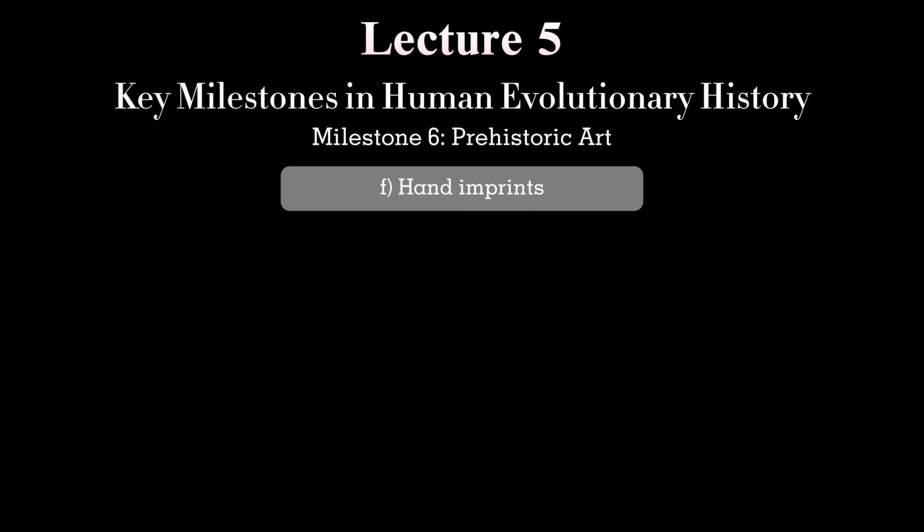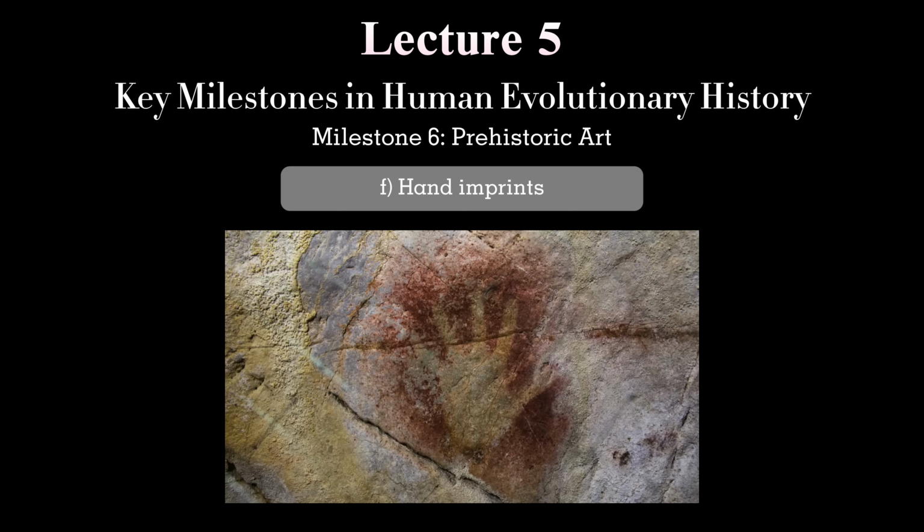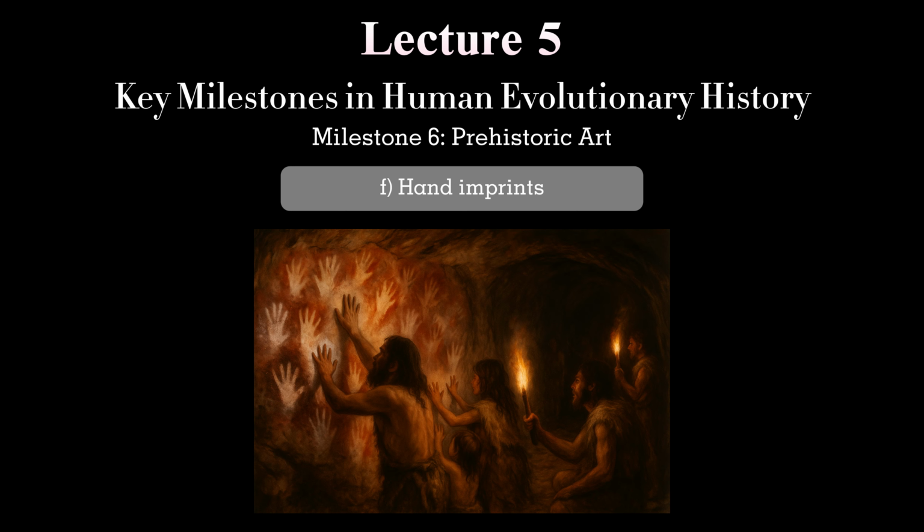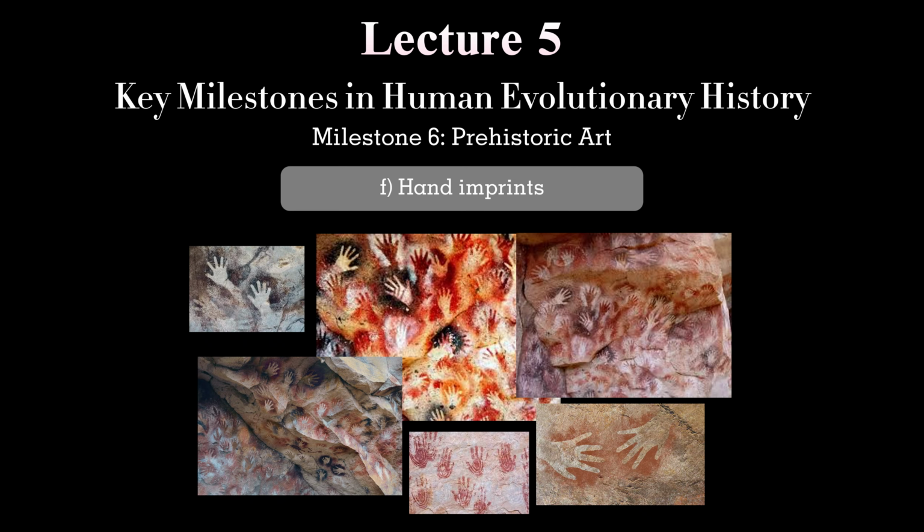F. Finally, there are hand imprints. The earliest known handprints in cave art, both negative, stenciled, and positive, painted, date back to at least 64,000 years ago, and possibly earlier. Research has shown that these handprints belong to individuals of all sexes and age groups, indicating that the practice was widespread and held collective importance. They are found across the globe, in regions that could not have been in direct contact with one another, owing to both temporal and geographical separation.